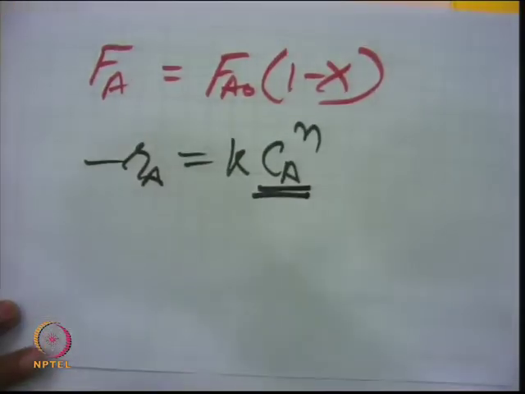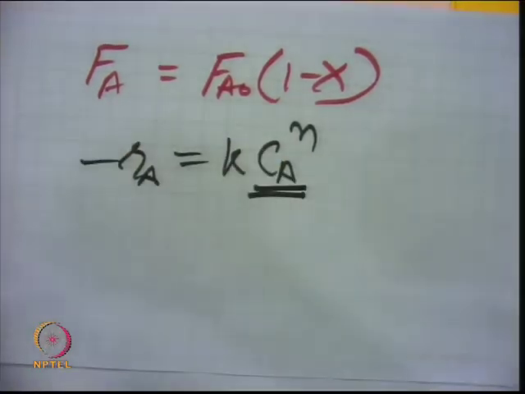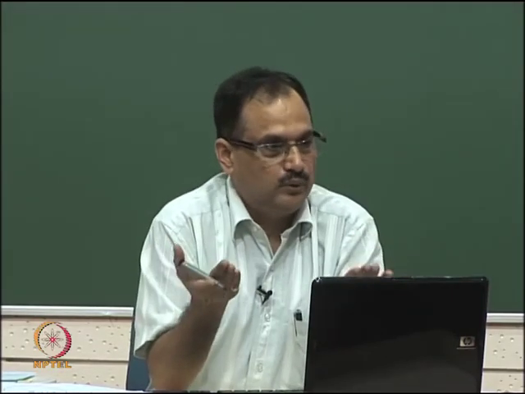If you go from 0 to 90% conversion, then this concentration difference is very wide. It is changing: at z equal to 0 it is 0, and at z equal to L it will be 0.9, the fractional conversion. So that difference is very high. So you need to take the average concentration, or you divide your reactor into infinitely small reactors. So we are resembling this as a differential reactor, and you can call it a CSTR also, a differential reactor. That is behaving like a CSTR, because in a CSTR you assume that concentration is uniform everywhere.